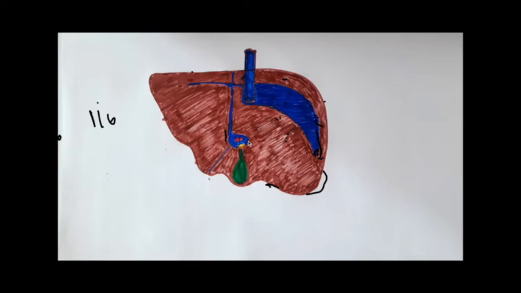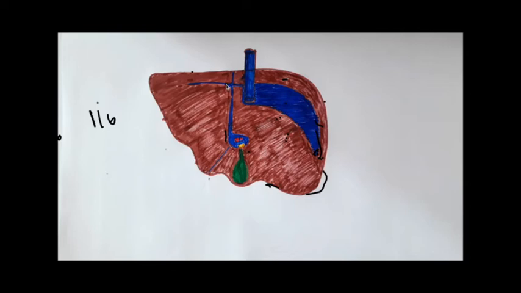This is the ligamentum venosum. Ligamentum venosum downwards continues as the porta hepatis. In this porta hepatis, we'll see the structures. From behind to forward, we'll see the portal vein, hepatic artery, ducts, right and left hepatic ducts, lymphatics, and nerves. These are the structures we'll see from behind to forward in porta hepatis.